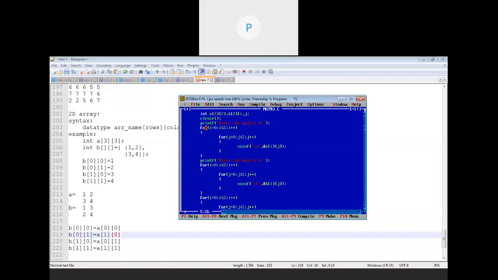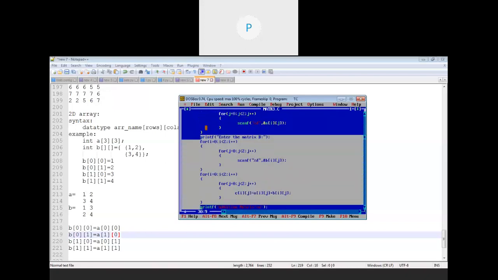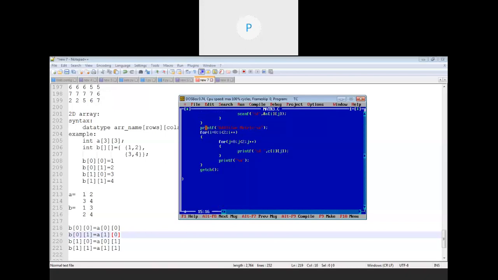Here I have declared the first matrix. Then we have taken that matrix. I'll just remove this much code.